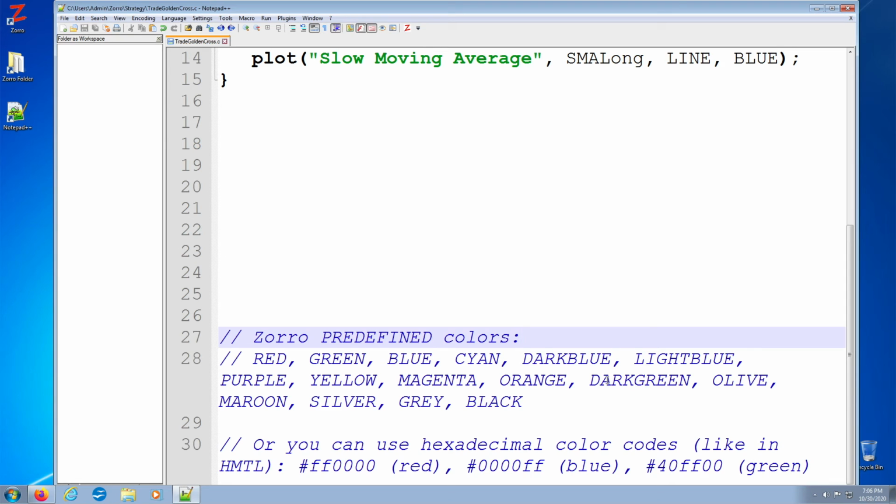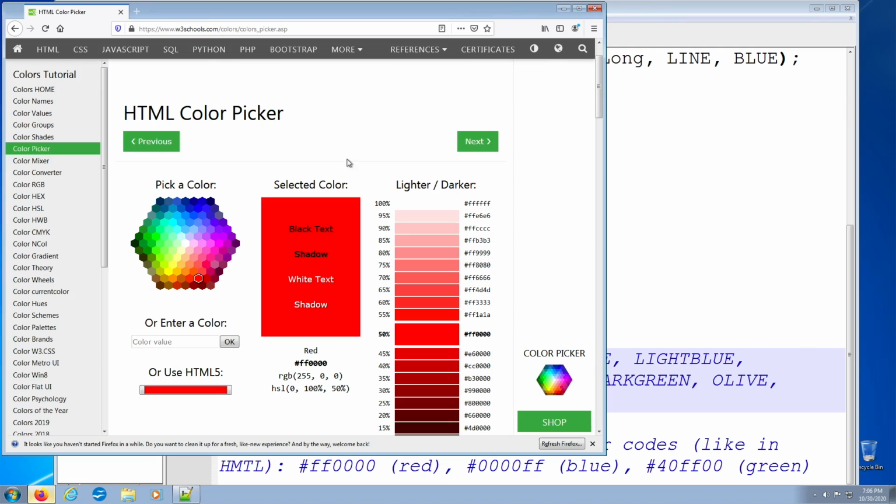If you want a color that is not known by Zorro in this sort of textual fashion, you can always express a color in Zorro in hexadecimal codes, right? Like in HTML, right? Like pound FF0000 is red, pound 0000FF is blue, pound 40FF00 is green. How do I know these? Well, you can always go to